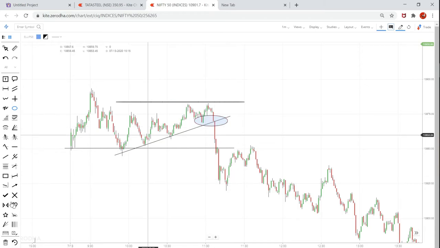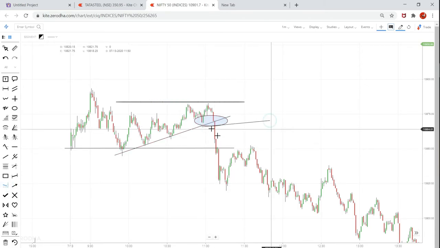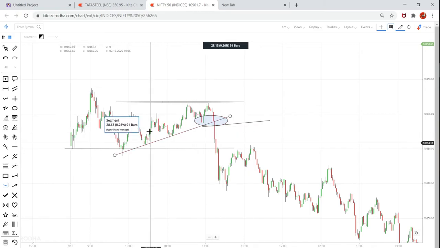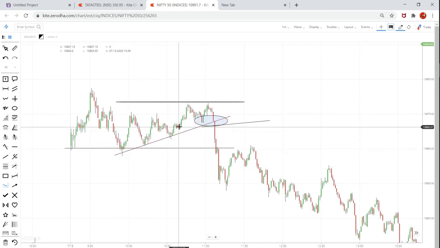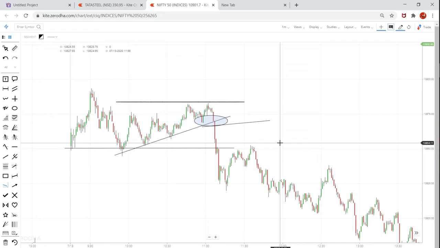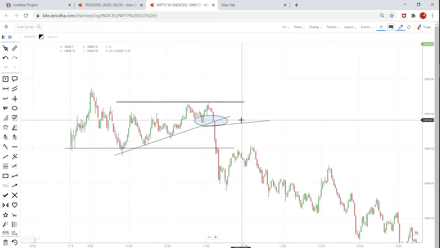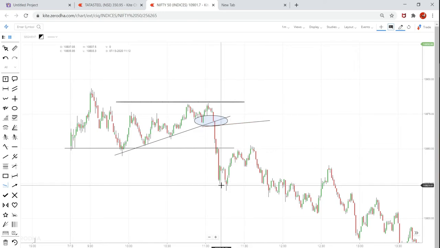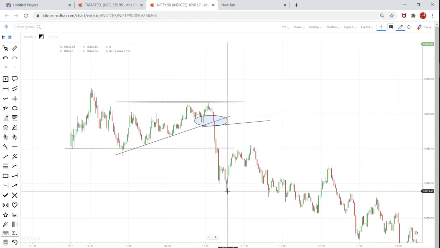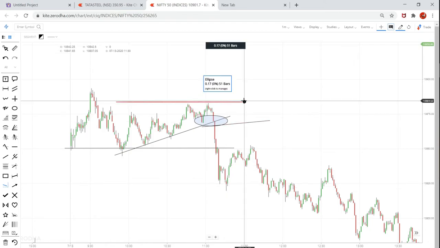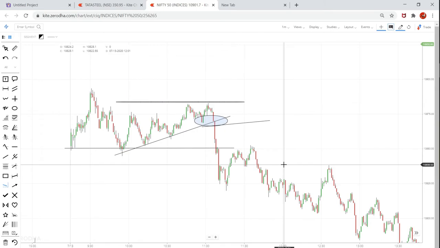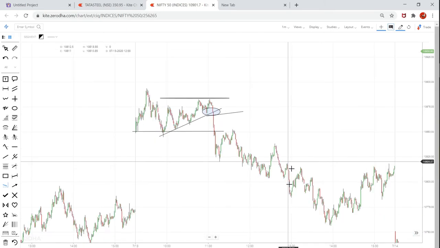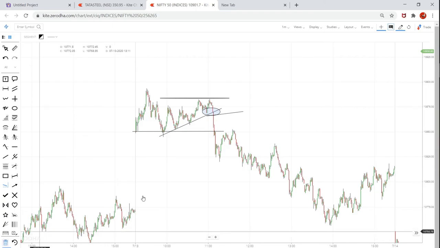So if you would like to trade it here, you have to wait for a particular strategy, and you have to sell it at this level. This is how the trend line works. You mark those support and resistance areas, and based on that you have to trade. So if you have sold this one lot of Nifty, that is 75 quantity, I think you would have made a profit of around 50 points. That means around 3,000, and the stop loss would be almost at 2,000 level. So that's a good risk reward ratio also. So every day you have to find out these support and resistance levels.